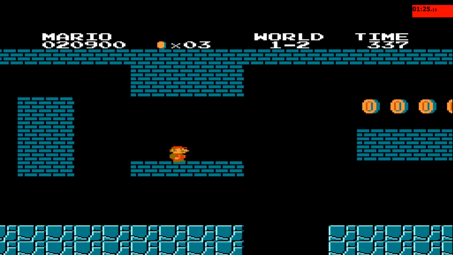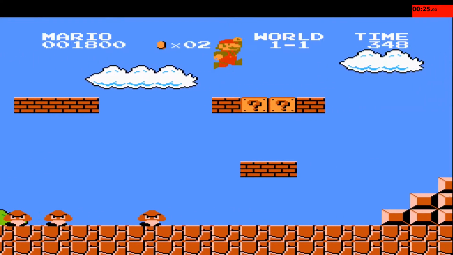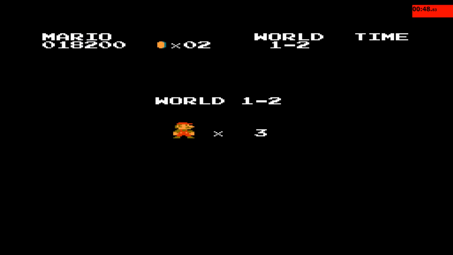The second secret I'm going to show you very soon, but now it's important to beat World 1-1, which is actually pretty simple. The core concept is just running to the right until you make it to the flag and you'll be fine. Now onto World 1-2, where things actually get pretty interesting and get ready to have your socks blown